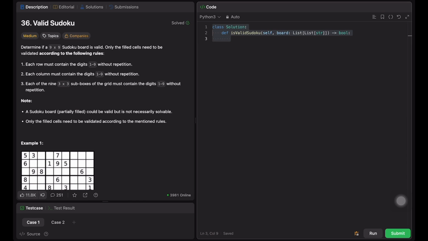Today we are going to solve the August 30th LeetCode challenge, which is Valid Sudoku. What they have mentioned is that they'll be giving a 9x9 Sudoku board. Only the filled cells need to be validated according to the following rules. So they'll be giving us a 9x9 Sudoku board, and we have to verify whether the filled cells are valid according to